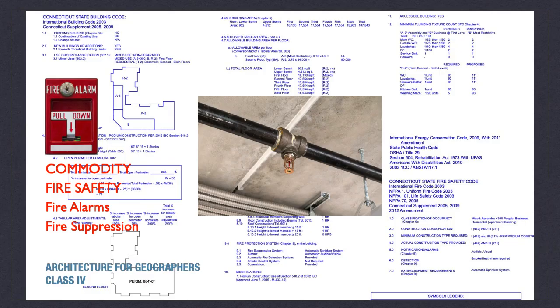While the first 5 approaches to fire safety design are essentially passive, or in other words, architectural, the last 2 we'll consider today are more active or more mechanical in nature in operations. The 6th tool that we use are warning systems, which can range in complexity from the simplest individual battery-powered smoke detector in your bedroom to a highly sophisticated digital system that's interconnected throughout the building and all its systems and to the fire department. The workhorse of warnings, though, is the basic fire alarm pull station that you see here